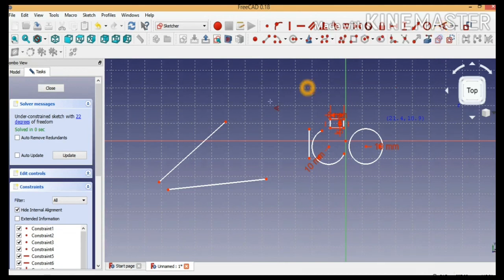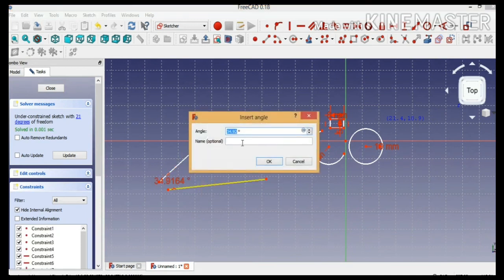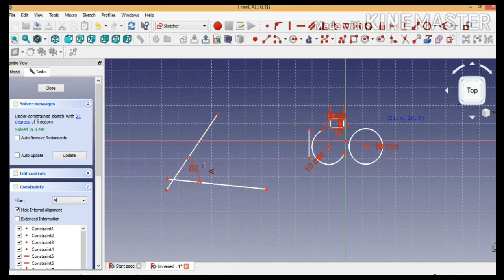Just pick this command and click on those two lines. This is showing 34.92. I want 60 degrees. Okay, this 60 degree angle we got. This is the point constraint I told you earlier. This makes two points coincide. Okay, like this.